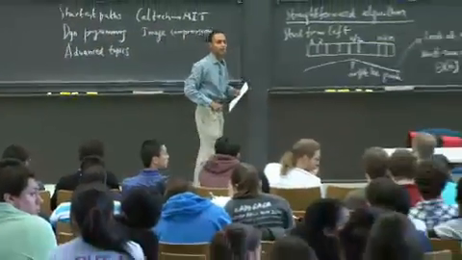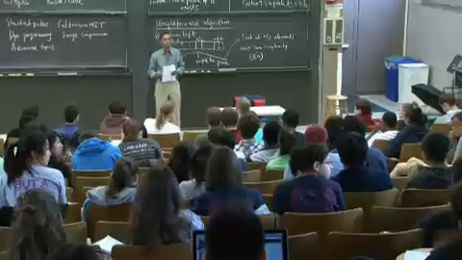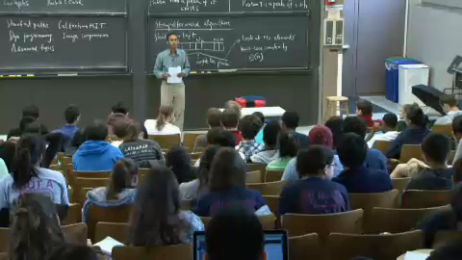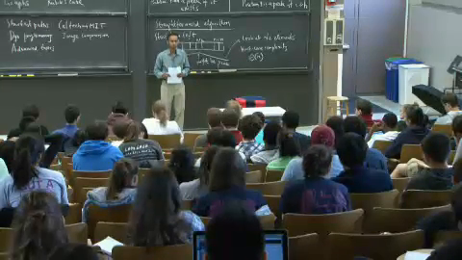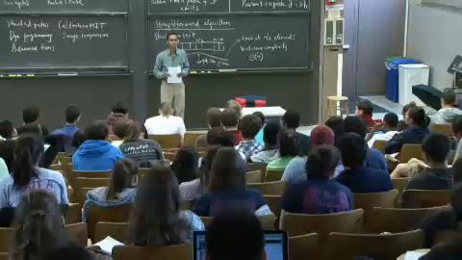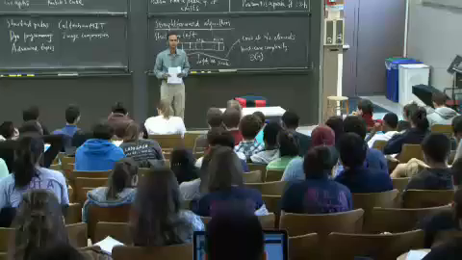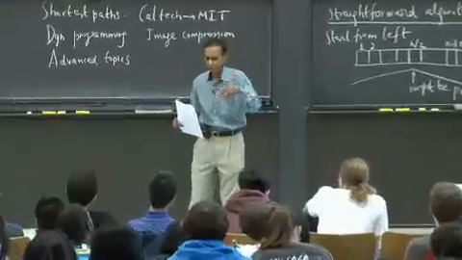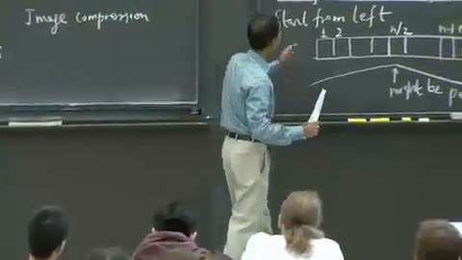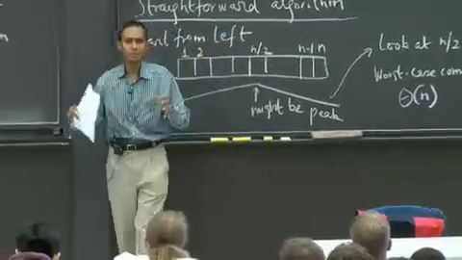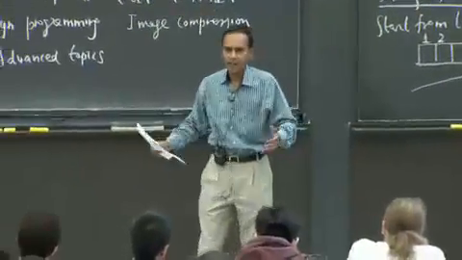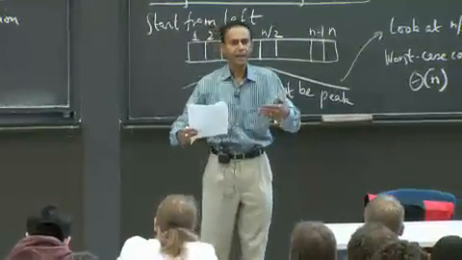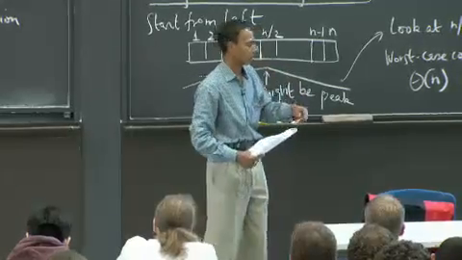Yeah, back there. Do a binary search such that you look at the middle and whichever side is higher, you then cut. For example, if you're in the middle and there's a higher number on the right side, then you would just look at that because you know there's a peak somewhere in there, and you continue cutting in half. Excellent, excellent. That's exactly right. So you can do something different, which is essentially try and break up this problem, use a divide and conquer strategy, and recursively break up this one-dimensional array into smaller arrays, and try and get this complexity down.